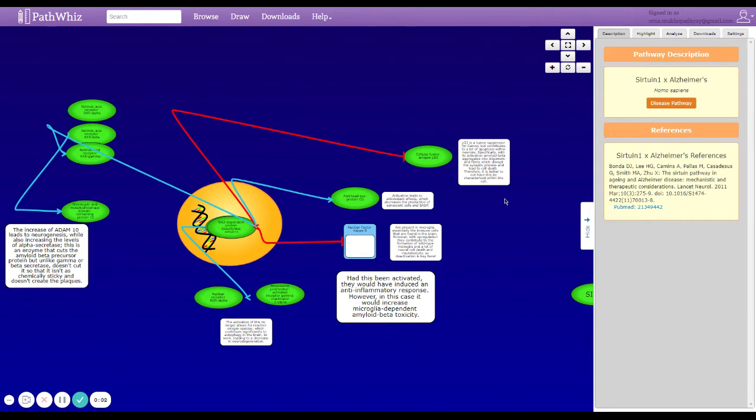Hi there, it's Orna, and I actually wanted to show you how I modeled the Sirtuin pathway and how it essentially affects Alzheimer's pathology. So I go over Alzheimer's pathology in my article, which I'll link in the description, but